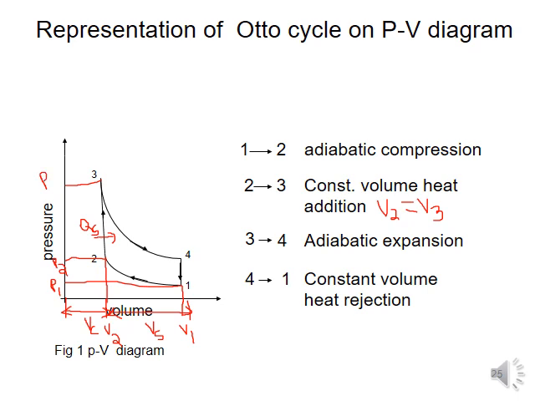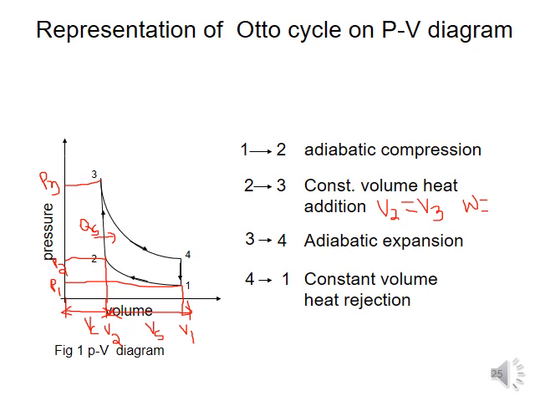P2 to P3. Pressure is increasing from P2 to P3 and temperature is also increasing from T2 to T3, as you will clearly understand in the TS diagram. Here the work done is 0. So W is equal to 0, which means automatically dQ is equal to dU.